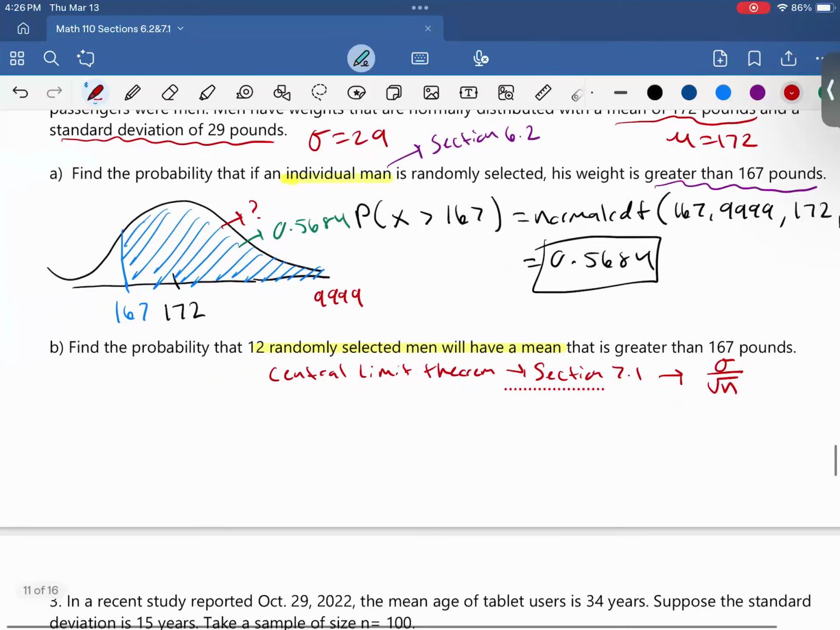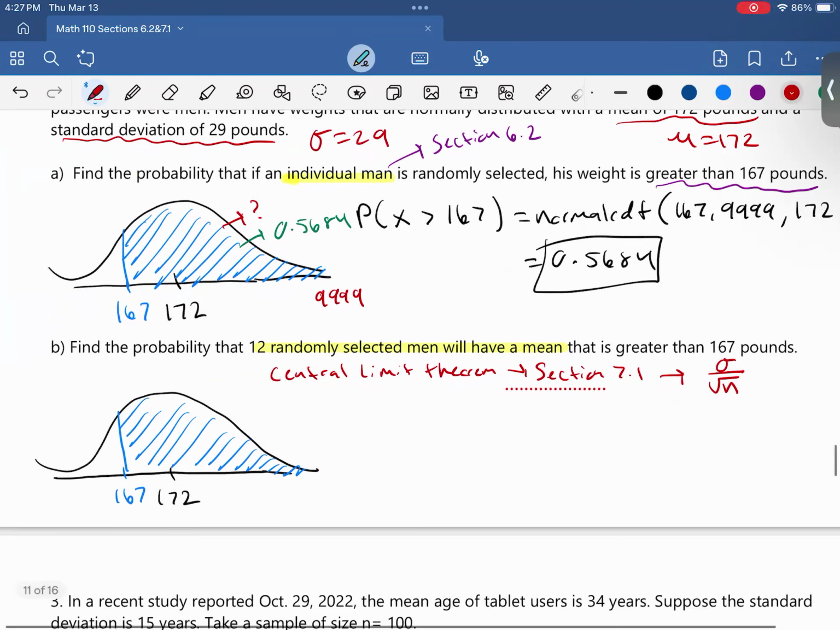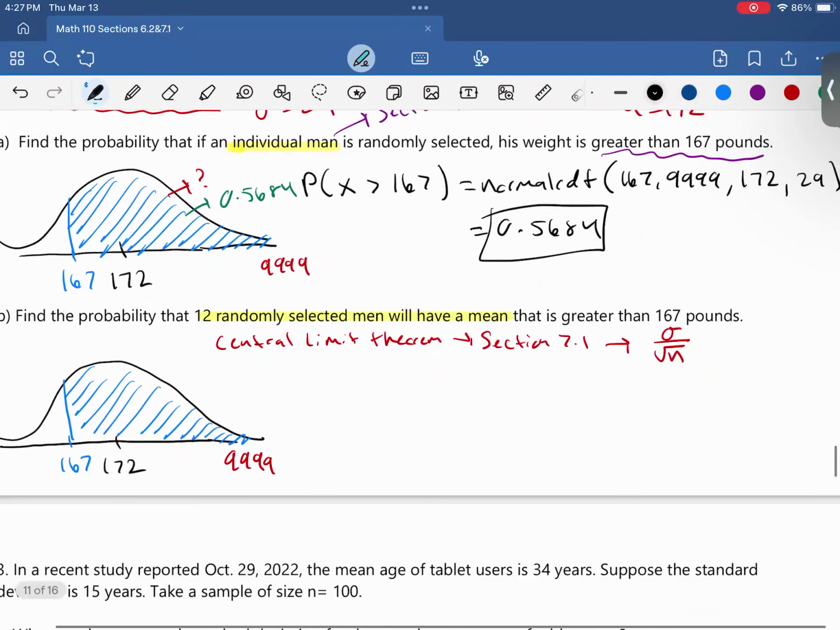Once again, we want to draw a distribution. So 172 is our mean, and we want greater than 167 pounds. We have the same setup, same exact setup. But this time we're dealing with 12 randomly selected men and their sample mean. So when we set up the probability,